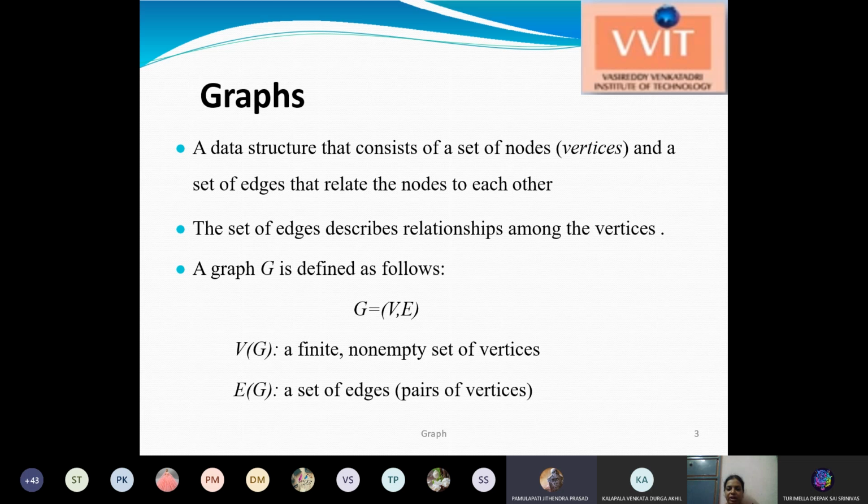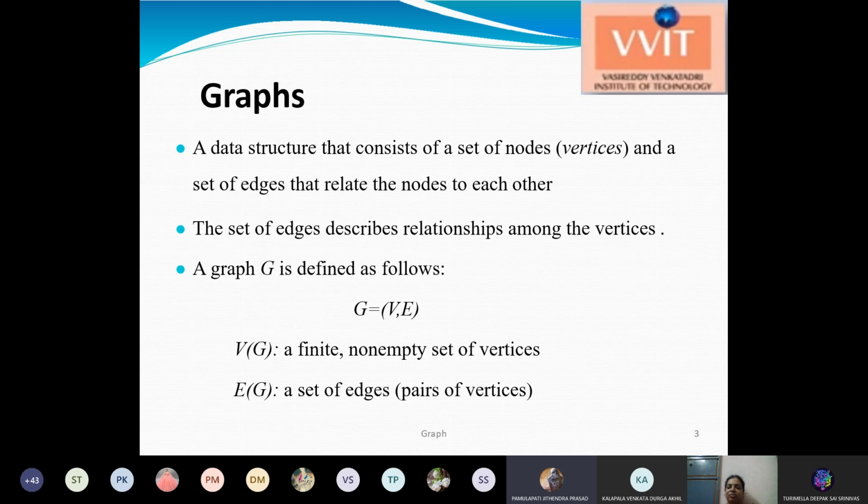A graph is nothing but a collection of nodes, that is vertices, and a set of edges. Here the vertices are the points in the graph, the joining points of the graph, and edges are the lines which join these points.